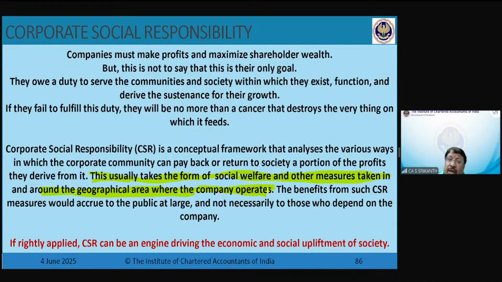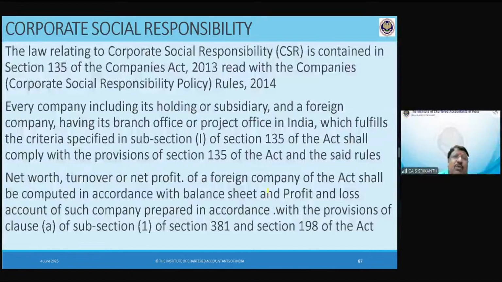Sometimes the father is not there, or both parents are uneducated, but the child is very brilliant. We supported a girl through medical school. Why do I give this example? All of us can do CSR. It is not that only corporates have to do it. Even auditors and chartered accountants, we are earning money. That money, a little bit we can give back to society.